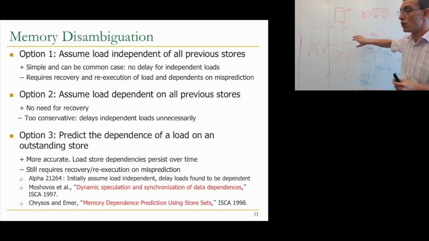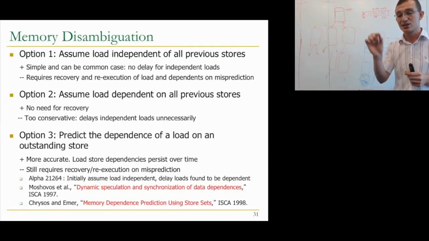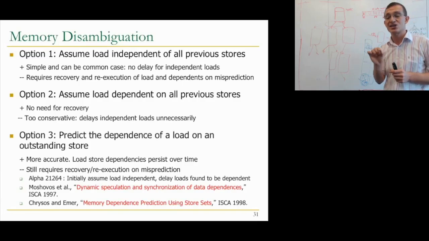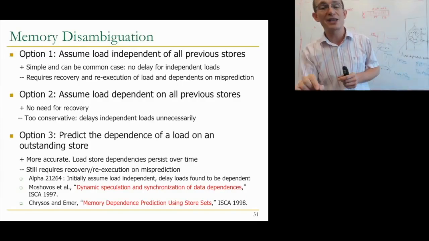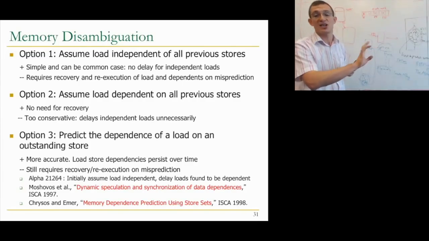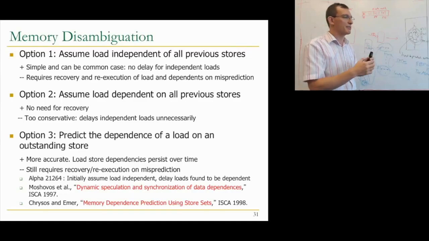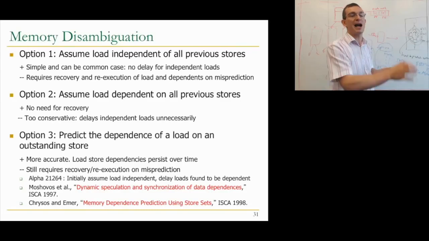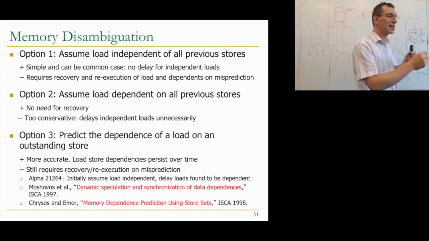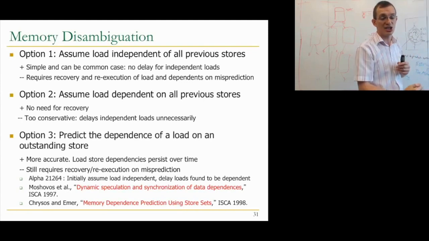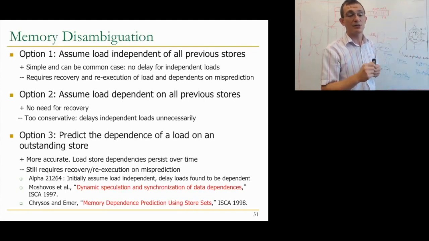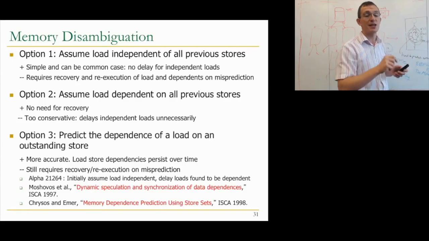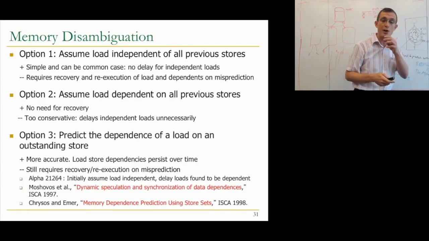Basically, the load instruction is marked with a separate bit in the instruction cache saying that this load should wait for all of the previous stores to finish. So this was a hard measure, basically saying that you should wait for all of the previous stores in the machine to compute their addresses. It didn't associate the load with a particular store. It associated the load with all of the stores in the machine. But that's how the Alpha 21264 did memory dependence prediction, and that mechanism was actually quite effective